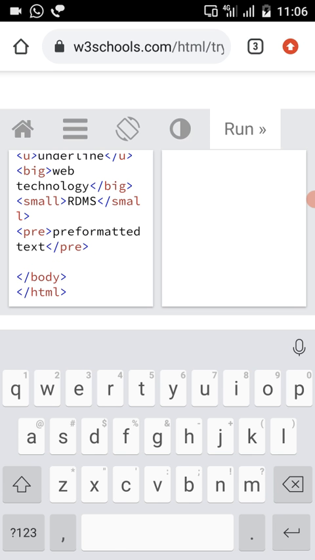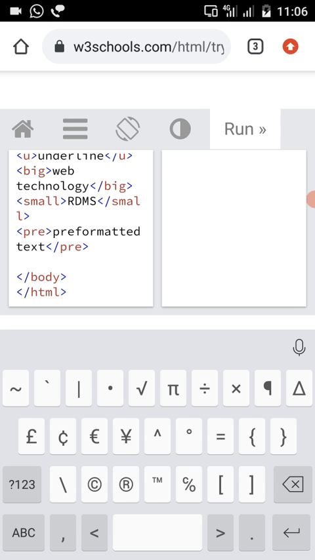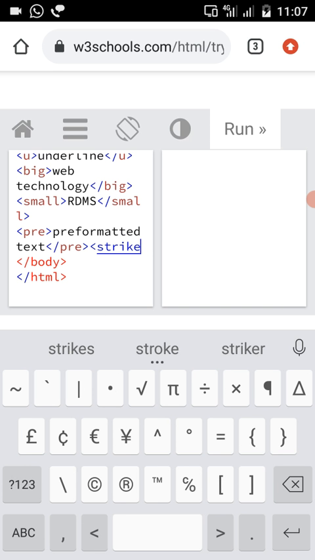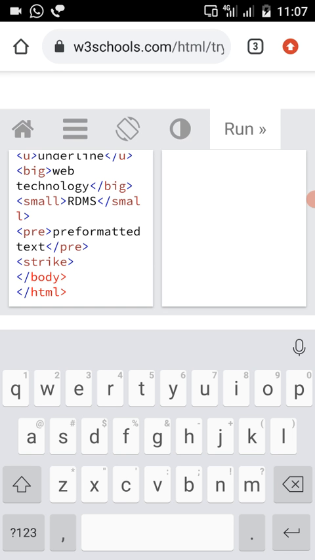Then after that, I'm using the strike tag. The strike tag is used to define a text that is crossed. Suppose you want to strike off some text in a web page, you have to use a tag called strike. In between the opening and closing tags of strike, you can write any content.